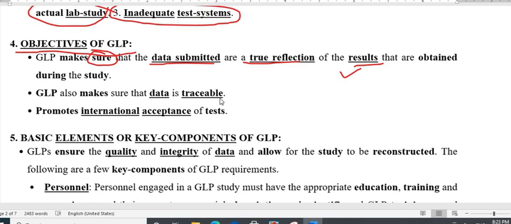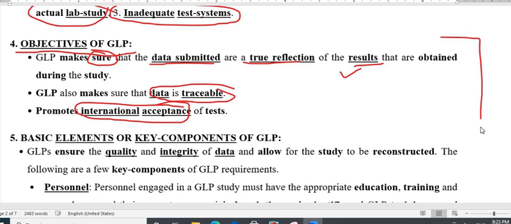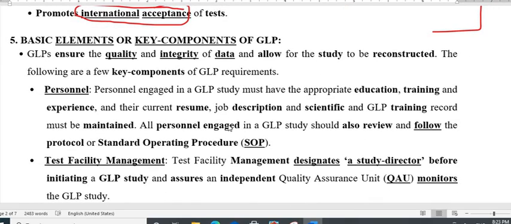Not only that, there is also international acceptance. The data has international acceptance and is traceable as well as reproducible. So these are the objectives of the GLP that we already discussed. Now we have to go through the last point under the GLP: what are the key